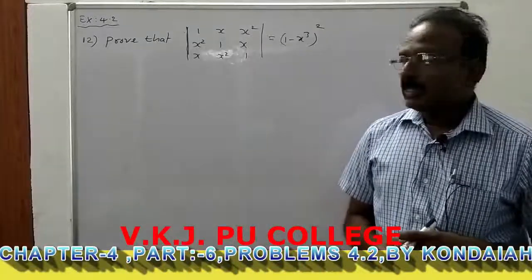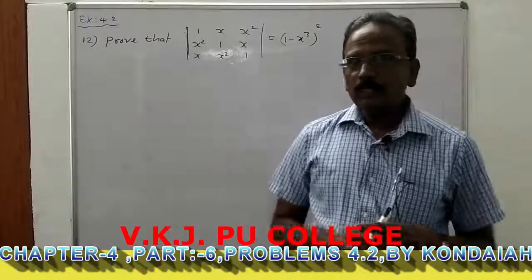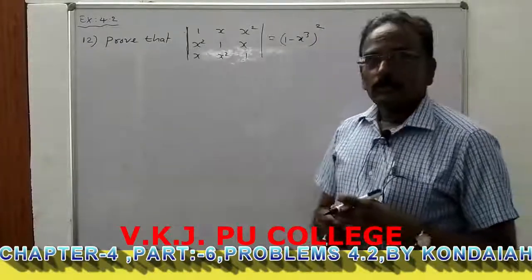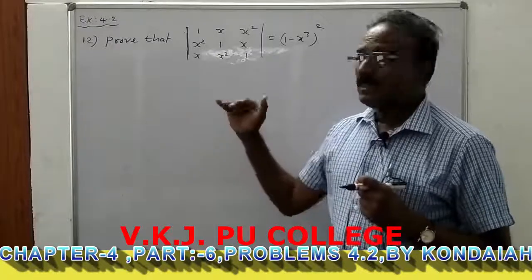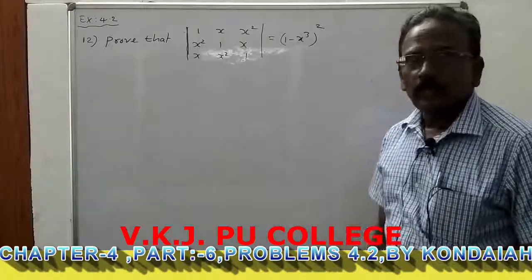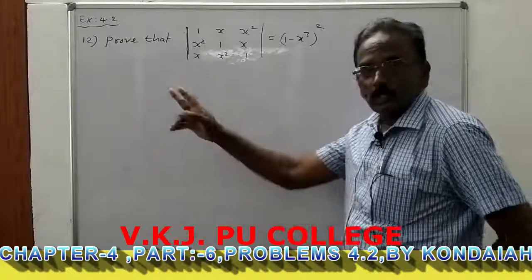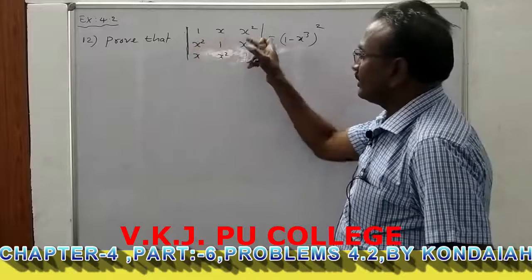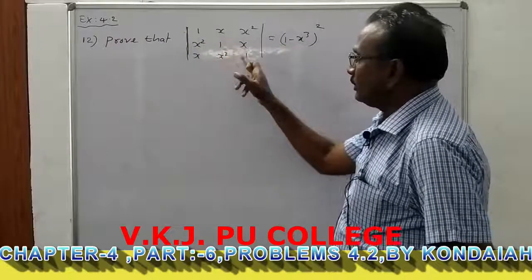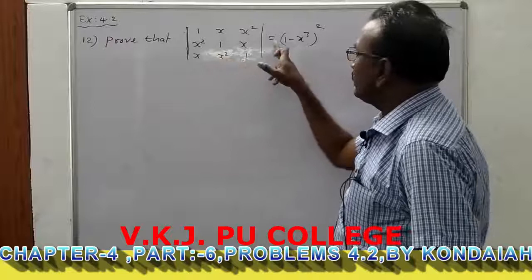Welcome to this video class. In this video class I am going to discuss exercise 4.2 last 3 problems, the 12th, 13th, 14th problems. The 12th question is, prove that determinant of 1 x x square, 1 x square 1, is equal to 1 minus